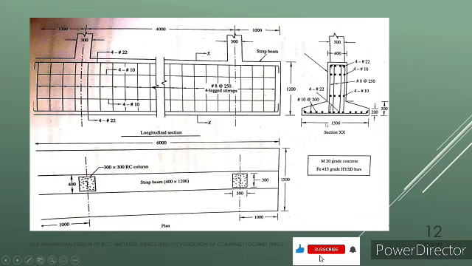And we have designed a strap beam. So this is our complete design. In this longitudinal section you can see 4 number of 8 mm stirrups and the side face reinforcement of 4 number of 10 mm dia, and finally the bottom and top we have designed 4 number of 22 mm dia bars. So this is the design of a combined footing. This is how the design proceeds.